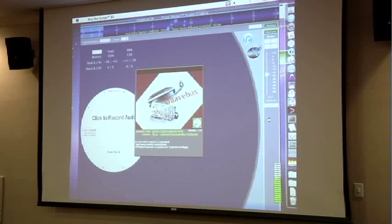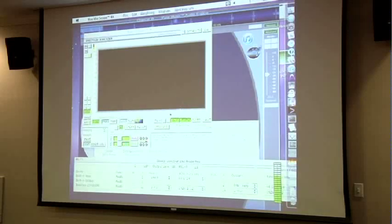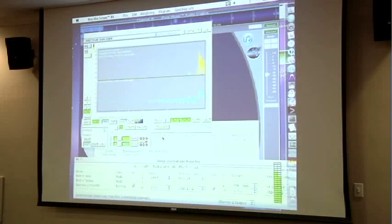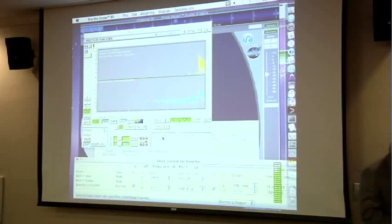And the spectrum analyzer is another product made by my company. It's called Mac the Scope. And actually, we are working on an upgrade that's compatible with the latest Macs, but this is running on an older Mac. So if you tried to go out and find this, you'd need an older Mac to run it right now. Okay, so